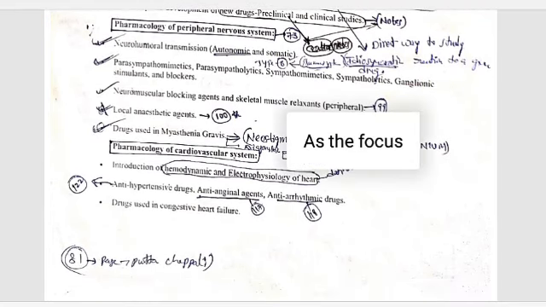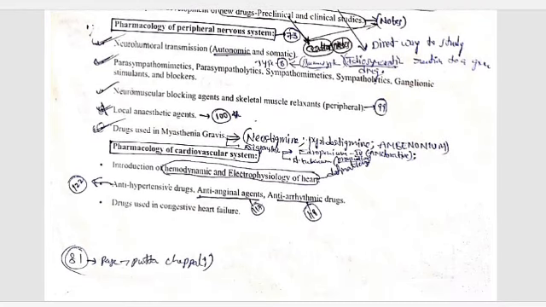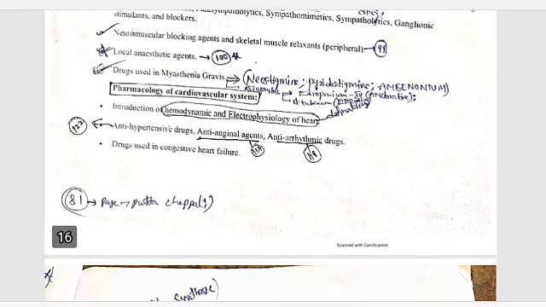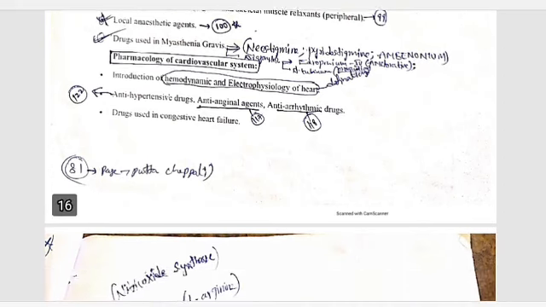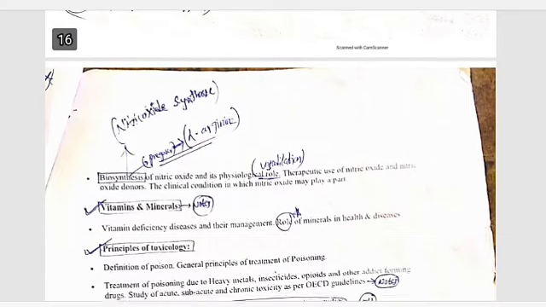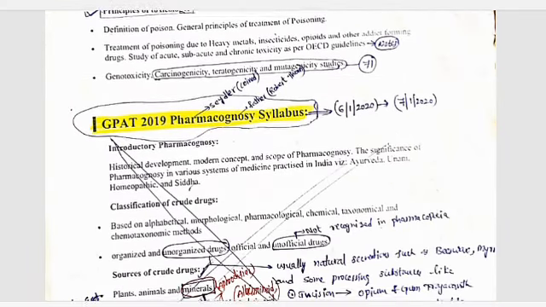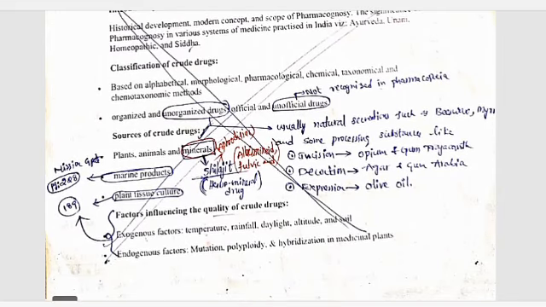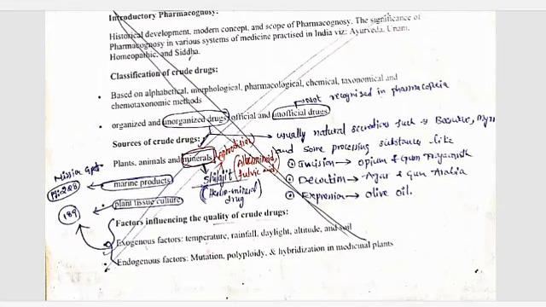And you see myasthenia gravis, neostigmine, pyridostigmine, diagnostic purpose, edrophonium. Like this we have to keep it simple. What are the important points we have to write here. This cognition, I will strike off all the concepts here because that concept I am not going to focus on, but a few points I have written here.